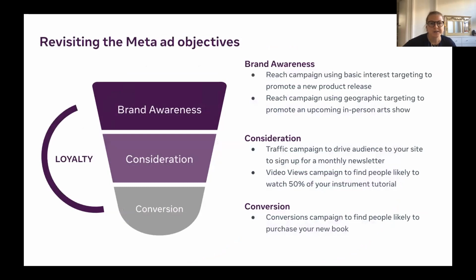So if we go back to the Meta ad objectives in the funnel that we looked at the start of the session, we can talk through some examples about what these different campaign objectives could look like. So for brand awareness at the top of the funnel, it could be a reach campaign that's using interest targeting to really promote a new product. And when we think about reach campaigns, that's sort of a spray approach, in the sense that you're trying to get as many eyeballs as possible in front of that piece of content,